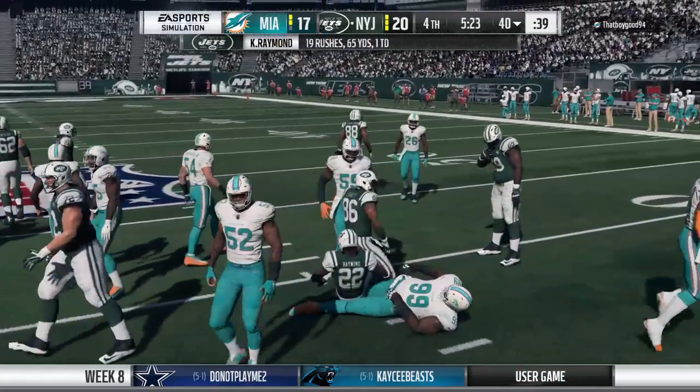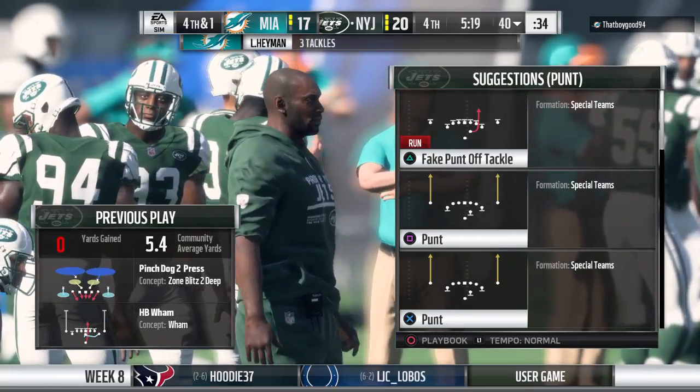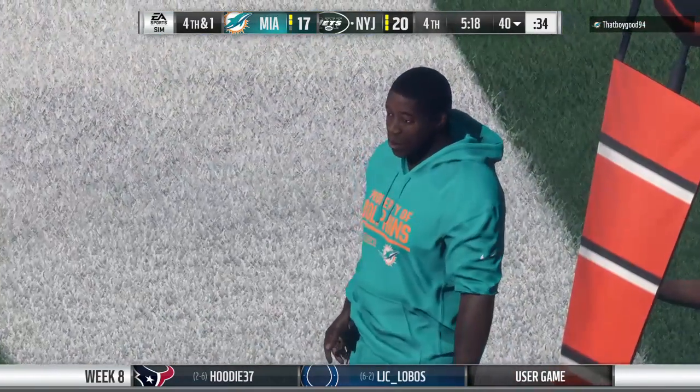Call it no gain there, and it leads to a 4th down. But he was stopped on that play. But he's had plenty of carries all afternoon. Every now and then,